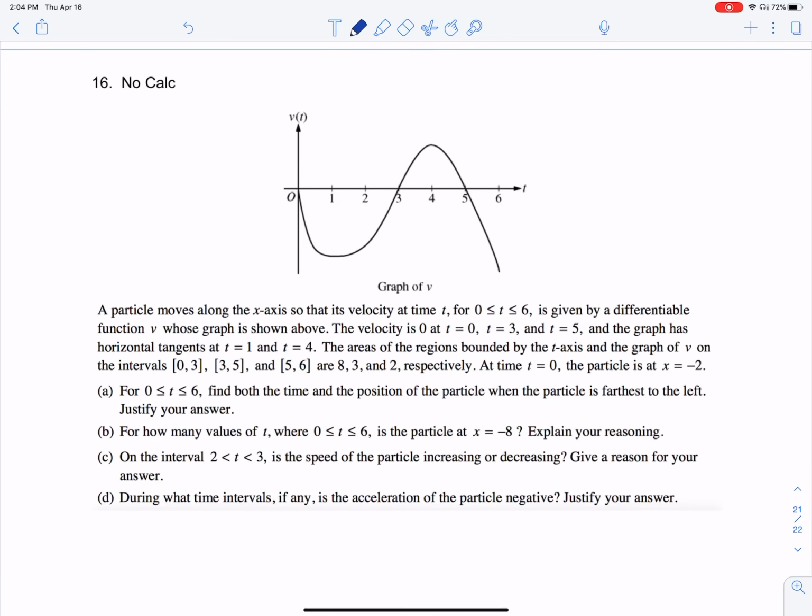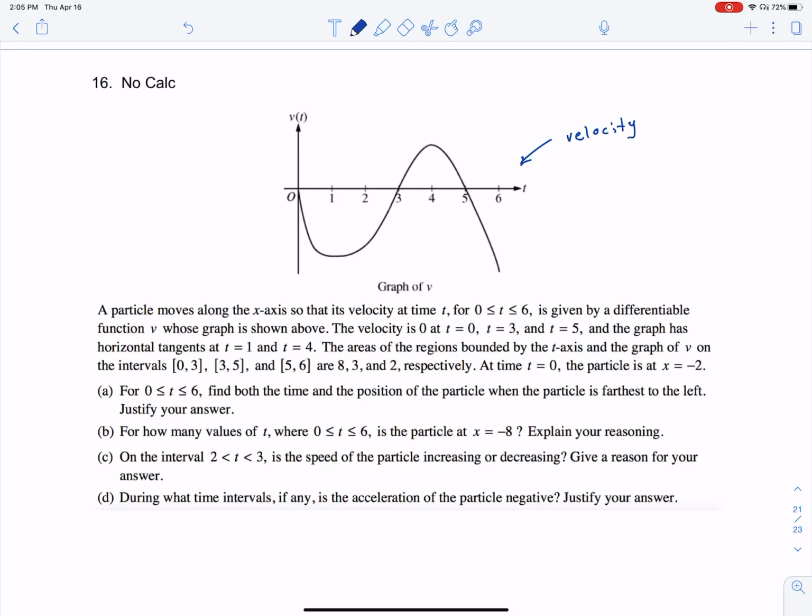Okay, so today we're going to talk about number 16 on the free response packet. So let's see what we got here. A particle moves along the x-axis, so that its velocity at time t from 0 to 6 is given by the differentiable function v, whose graph is shown above. So again, the very first thing we should do is they've given us some information. This function right here is a velocity function,